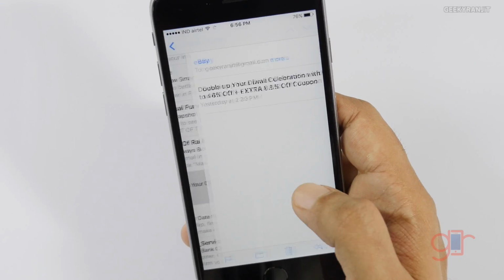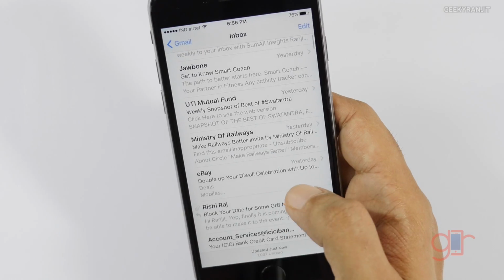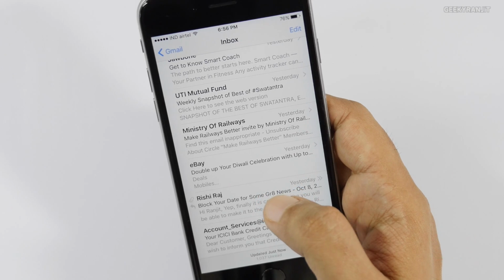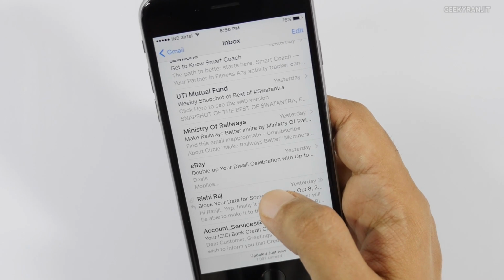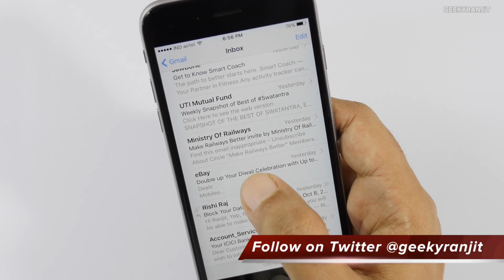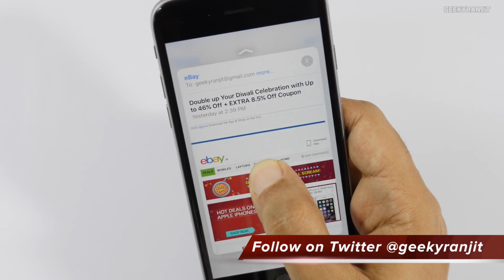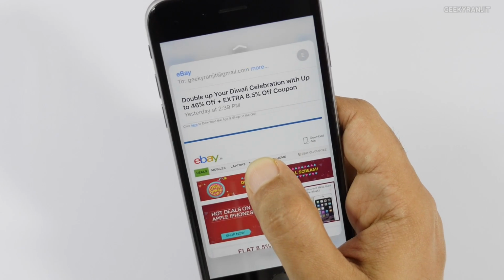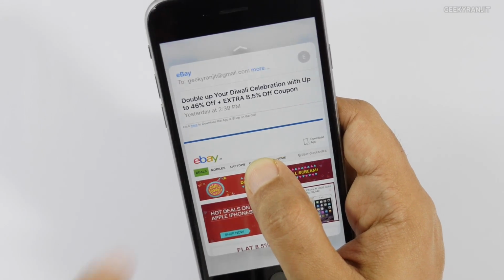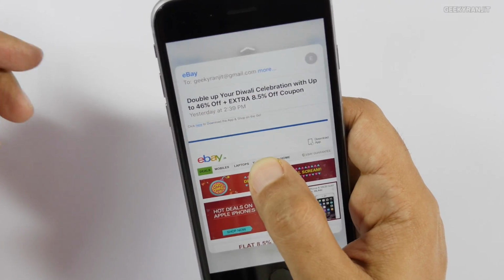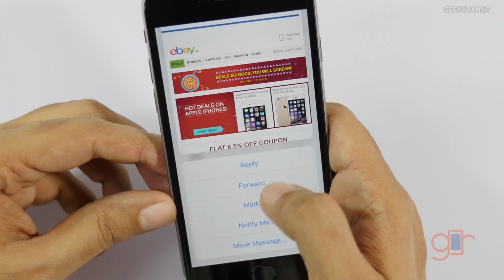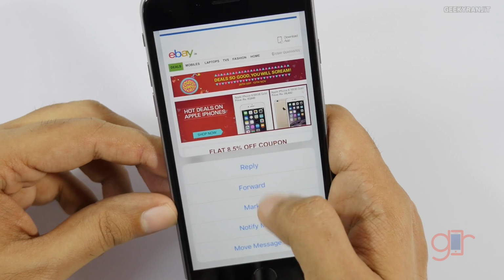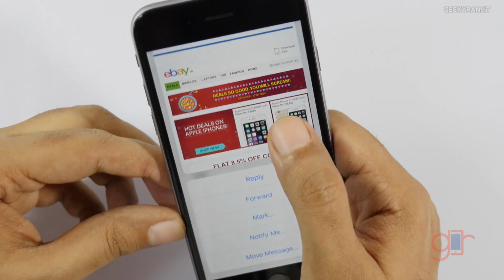If I just tap it like this, it'll open the entire email. But let's say I get a lot of junk and stuff. I don't want to open the email, but just want to preview it. So I just press the screen and this opens it up like this, and it gives you a preview of the email. Now, as you can see, we have an arrow over here. So if I just go up, you can see these other options. Now I can reply, forward this message, etc.